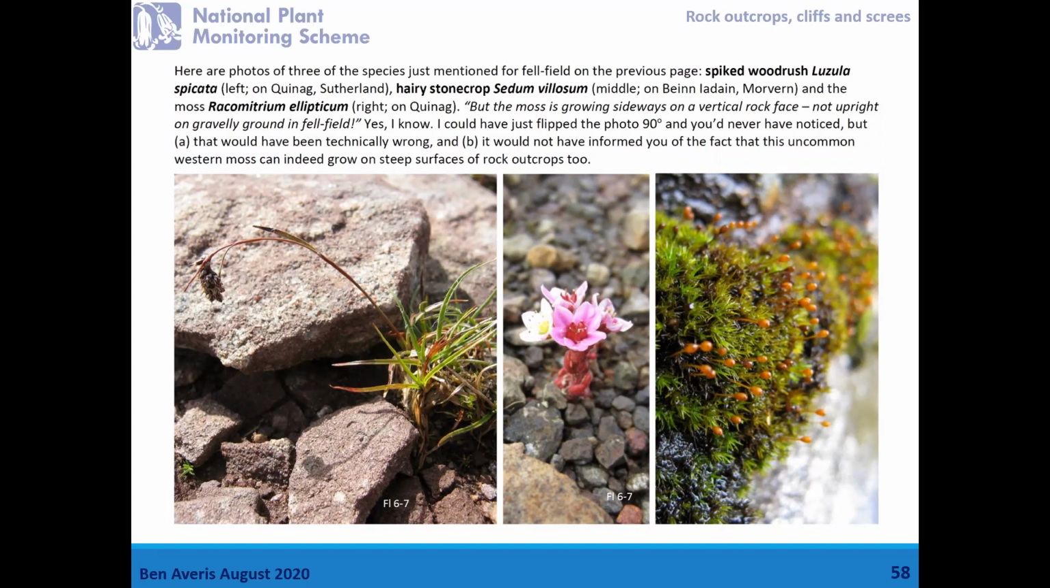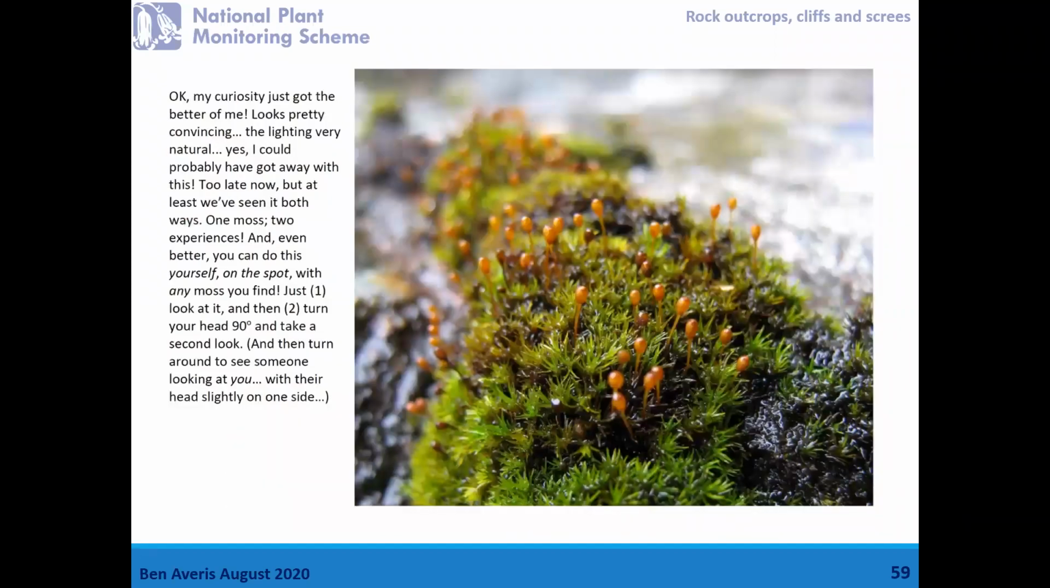That photograph's actually taken not in fellfield, it's on a steep rock face in a different kind of place, which is why on the next page I swiveled it around. I could have put it in like that in the first place and not said, but I'm not trying to hide that from you. So I'm being honest, it's taking a different habitat. Anyway, next